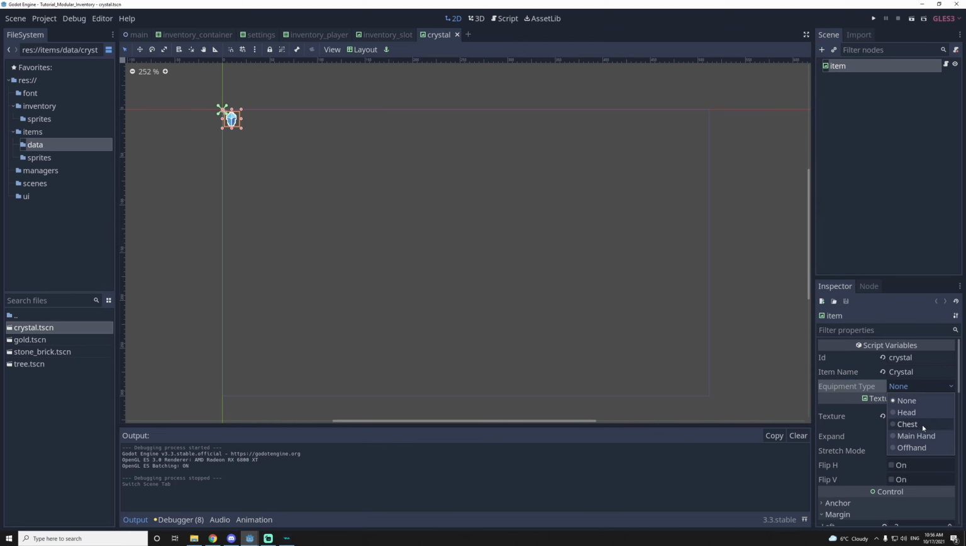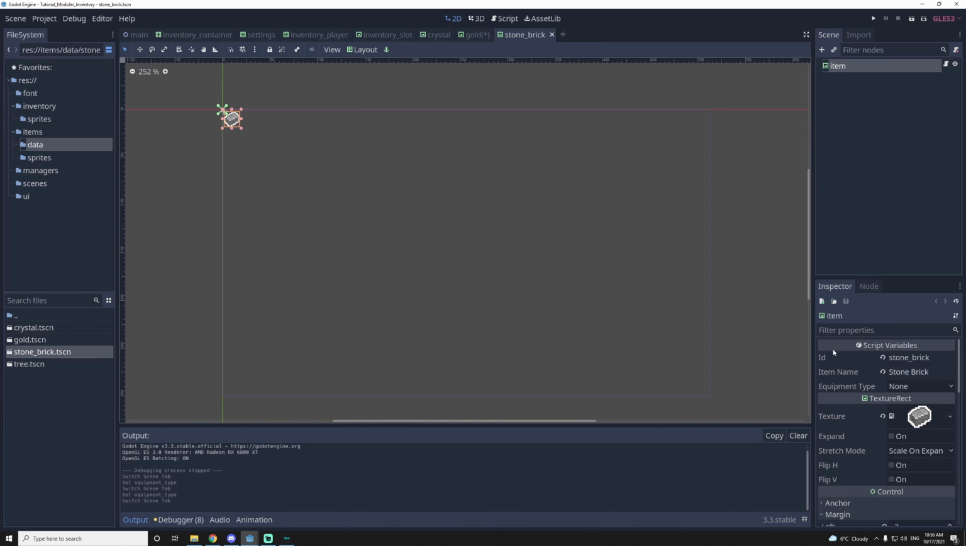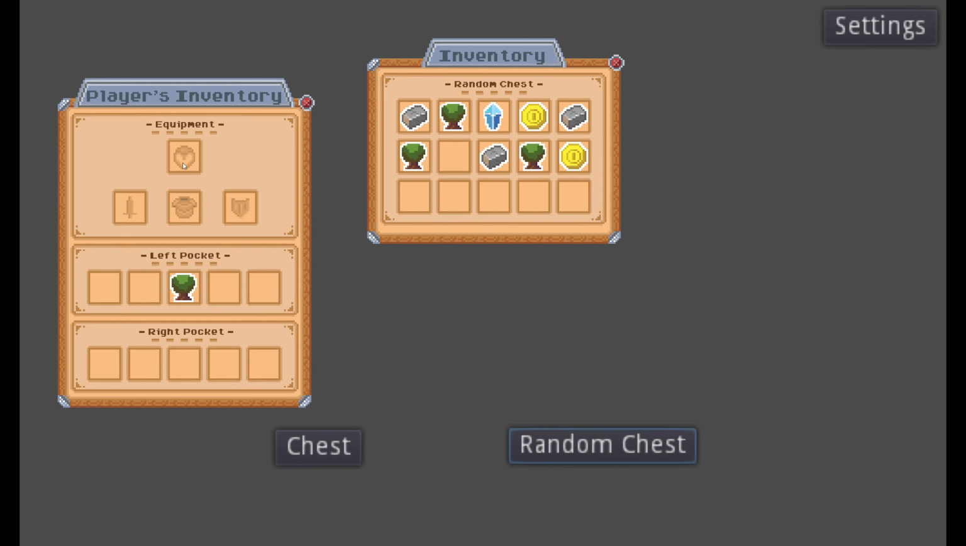So we can change it. Let's say the crystal goes in the main hand, save that. The gold, let's make it a shield. Stone bricks could be a chest piece, and the tree is going to be the helm, so head. And start that. Now the problem is the new image we added is over the slot and it's catching the